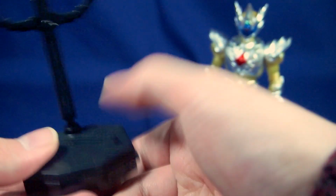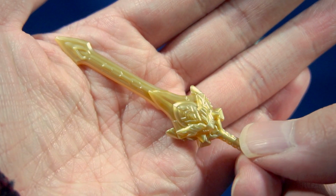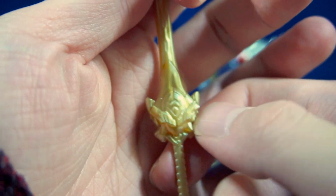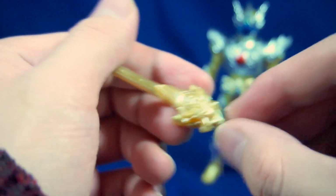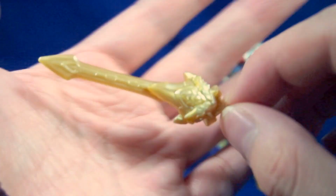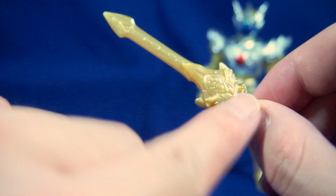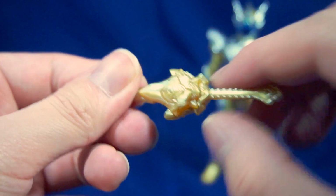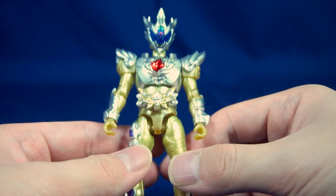I said that I was going to show this off. I forgot to. Here we have his primary weapon, the World Thunder Sword, which is literally his helmet as the sword. If you were to have pulled the fully painted version of this one, you would have gotten the Lightning Thunder Sword, which is the helmet slot slit up, which then reveals the energy key slots and such. So, ironically, with Atlas being the gold one,